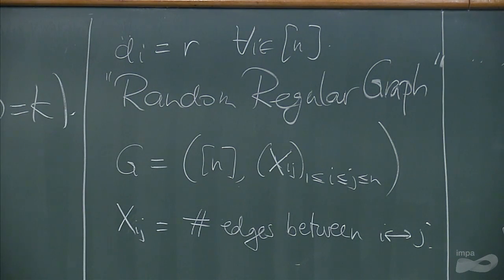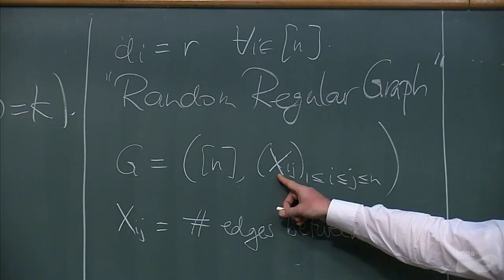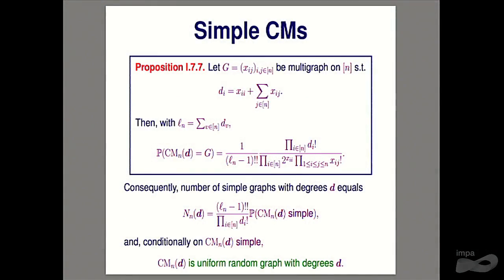And I also know precisely when the graph will be simple. That actually means that on my diagonal, the x_ii's, I should have all zeros, and my x_ij should all be less than or equal to 1. It's precisely equivalent to being simple. So if I describe my multigraph in the following way, I can explicitly compute the probability of observing